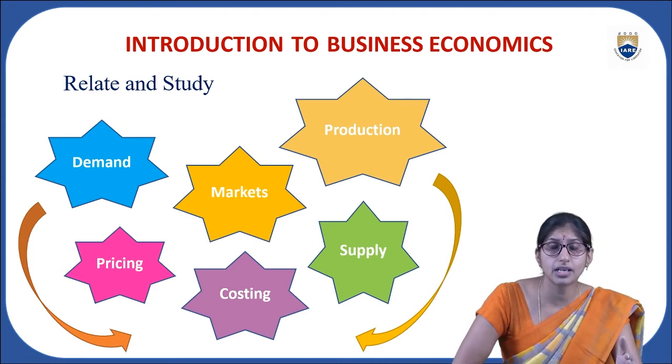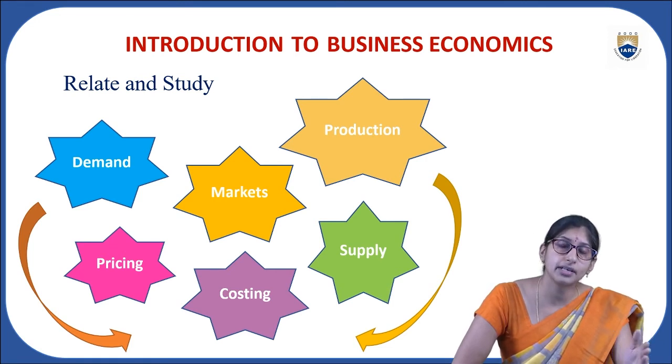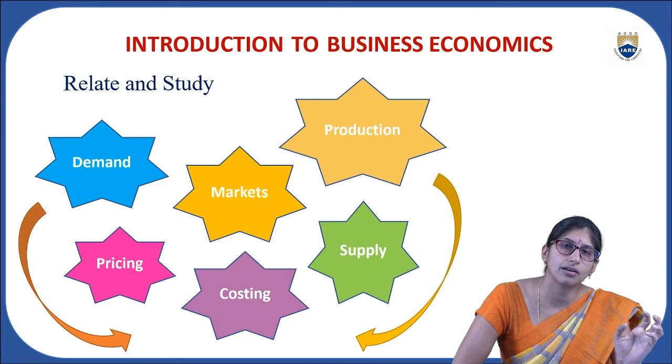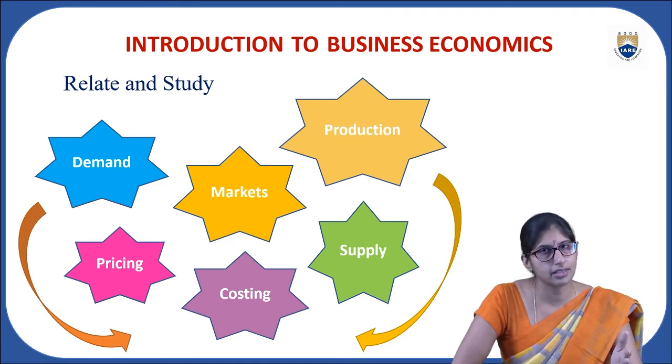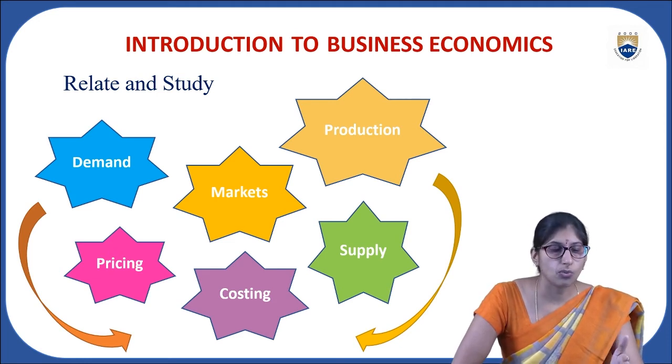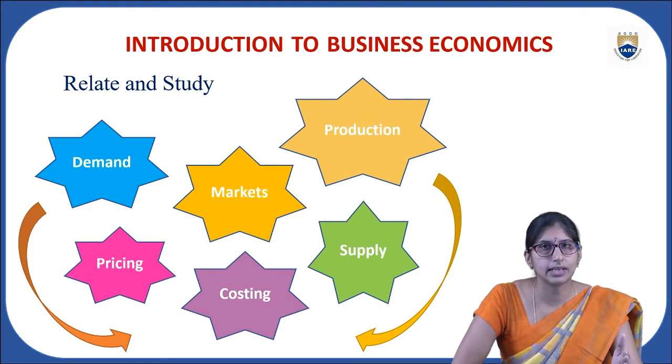We are going to study what the law of demand is, and what the different parameters are which create demand. All of this we are going to study in the first half of the syllabus. So what is demand, what are the determinants of demand, what are the exceptions to the law of demand, what is the law of demand. All these things we are going to deal with in this